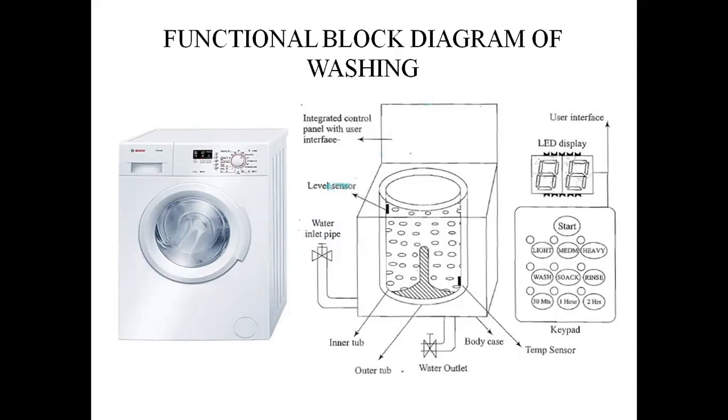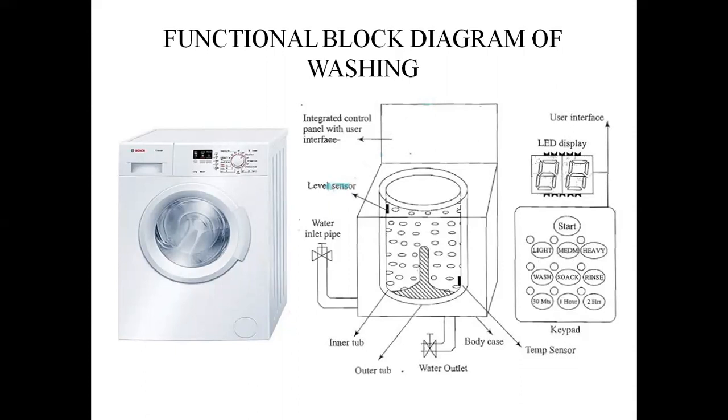So, an embedded system contains sensors. So here are the sensors: temperature sensor, level sensor. So these are the sensors. Actuators. So this one will be an actuator which will be present inside this tub, control unit, and application specific user interfaces like keyboard. So this is the keyboard, and this is the display unit. One can see all these components in a washing machine. Some of them are visible and some of them may be invisible, as you know.